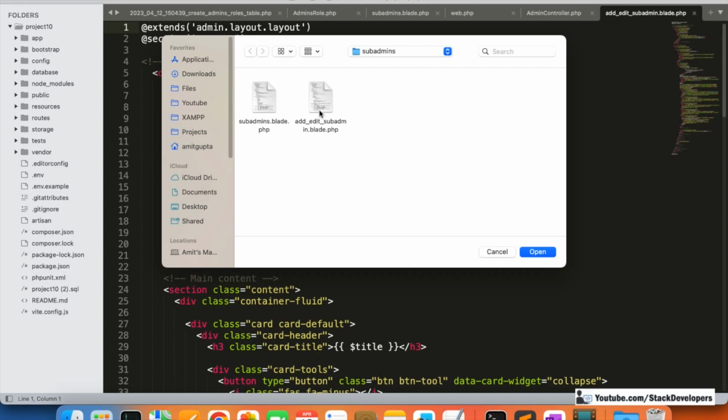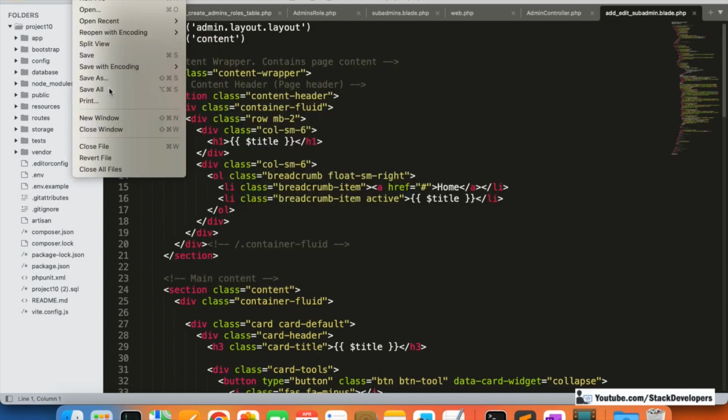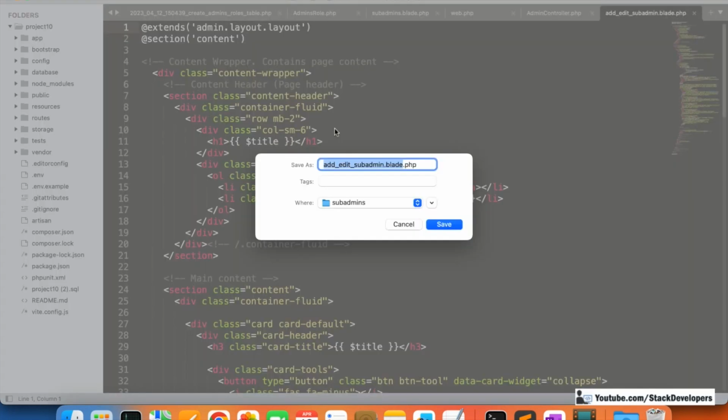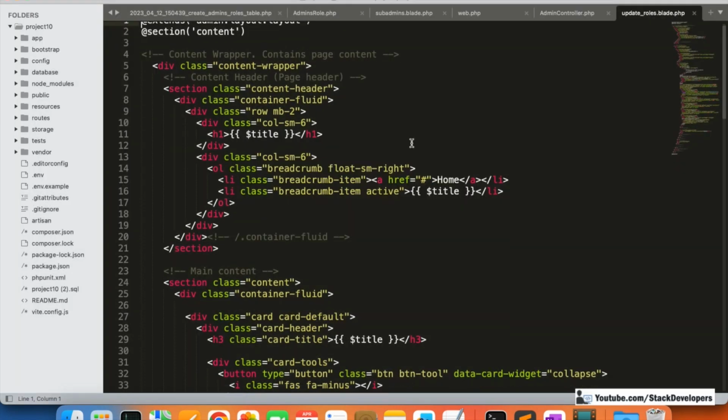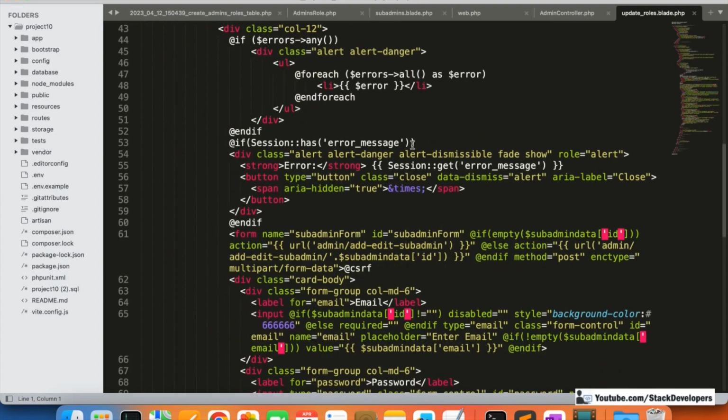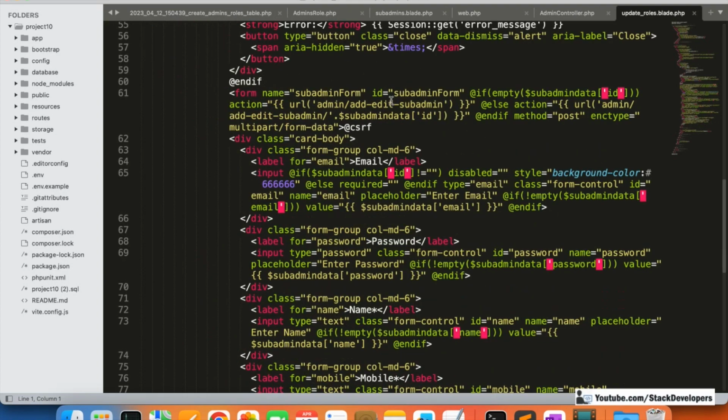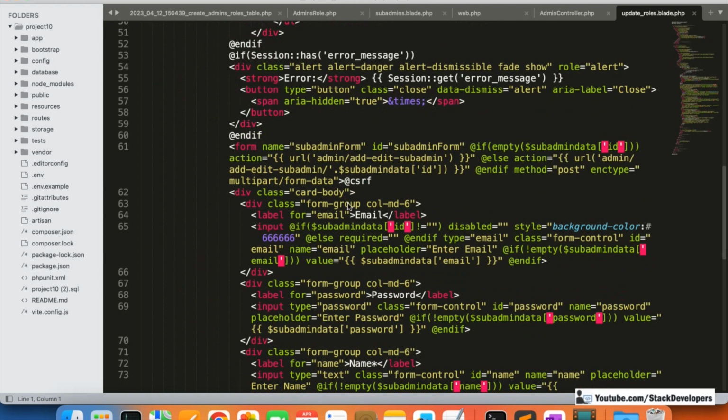So I will just copy this one. So I have just opened this one and will do file save as. There is one more way that you can create the new file as well, then copy this file. So it is better if we can just rename it to update roles like this. Okay, then we can make further changes because its complete design is same, just the form is changed. So the form we are going to